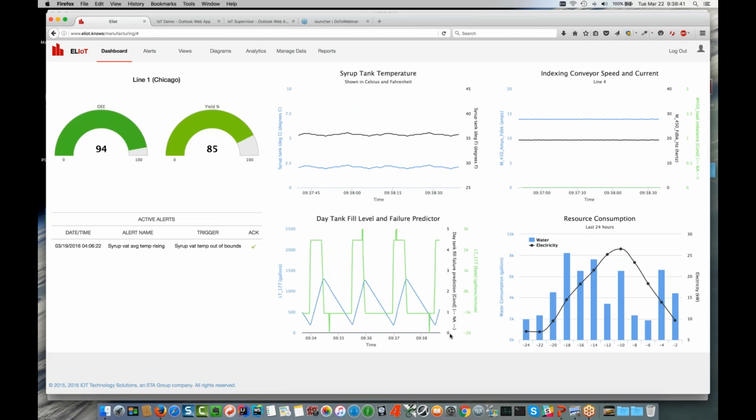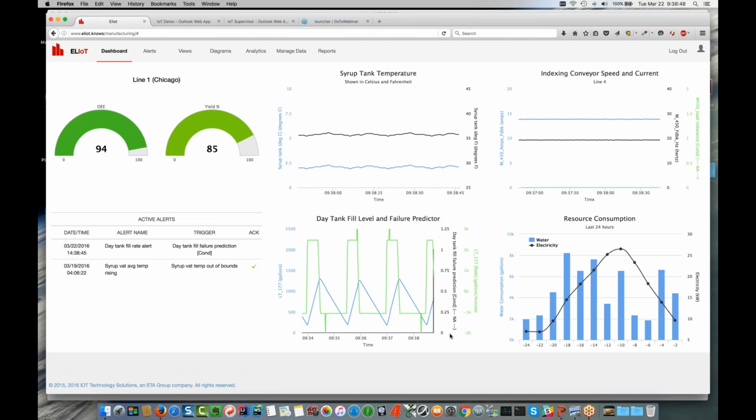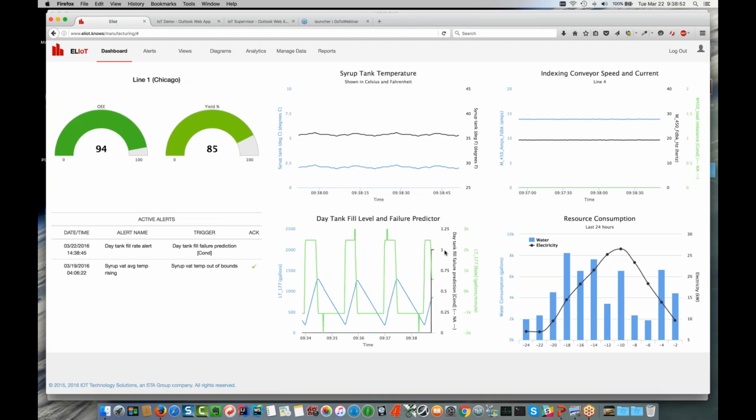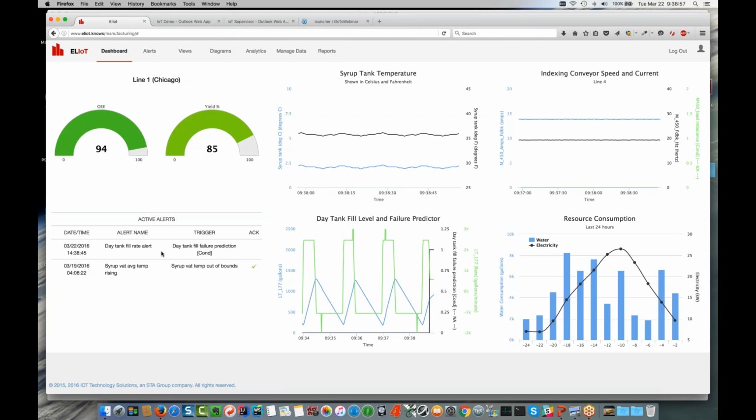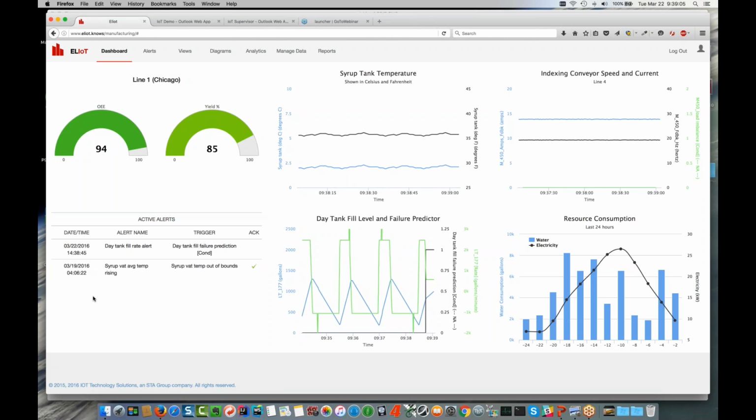So here the flow you see looks normal, and now all of a sudden we're going to see we're simulating a constriction in the pipe, and immediately this black line that said, hey, that's an error condition, because now you see the slope is a lot less. And by the way, over here in the active alert table, we see that we have an alert condition. It says, hey, you have an alert condition. That rate is below the limit you specified